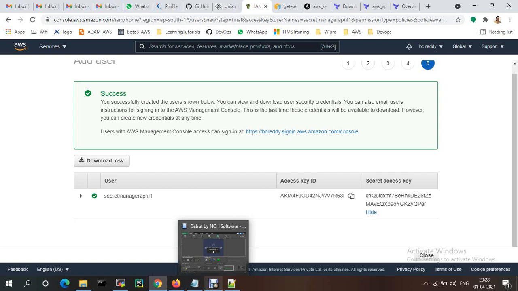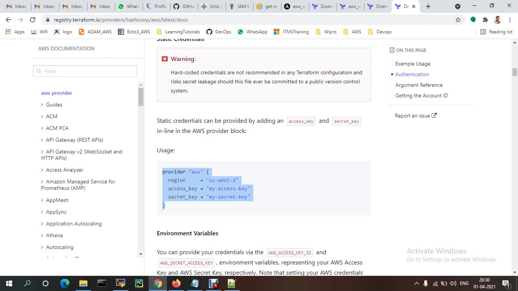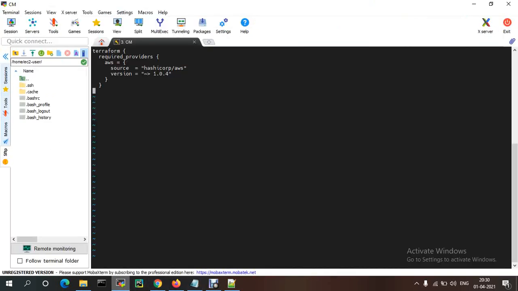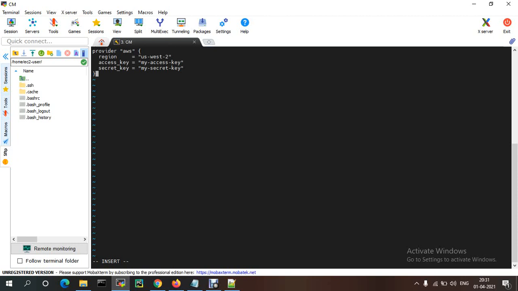Let me show you this one. Like this, we just need to provide the provider as AWS, and region, access key and secret key. Let me copy this one. I'm just deleting this one and pasting here. So the provider is AWS.